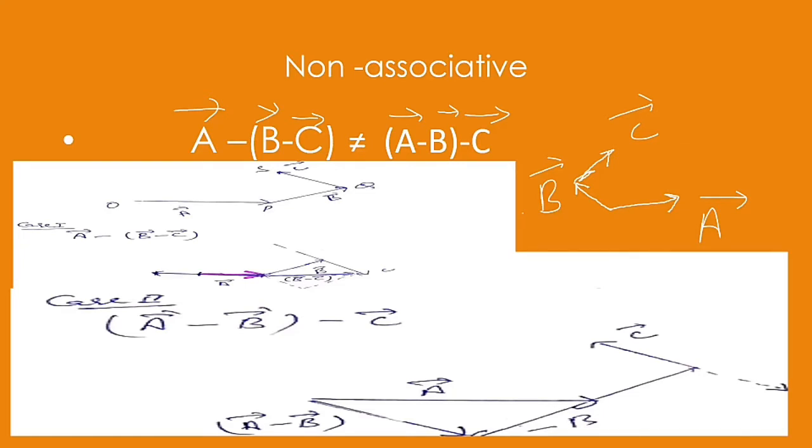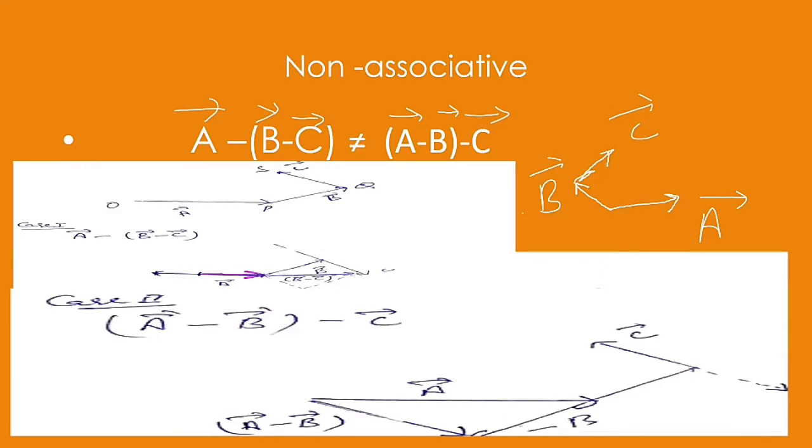Now it means this is b, this is c, then this will be the resultant for b minus c, and the resultant for a minus b minus c will be along the greater vector, so it will be along this direction. I may call it r dash. But if I want to take a minus b first, it means I will be changing the direction of b vector. This is b vector. Then I will be finding minus of b vector. So the resultant here will be given by the parallelogram law, and this will be the resultant vector, and this is my c vector.